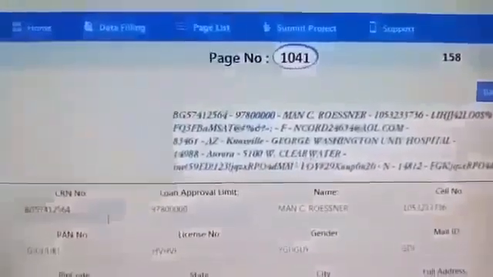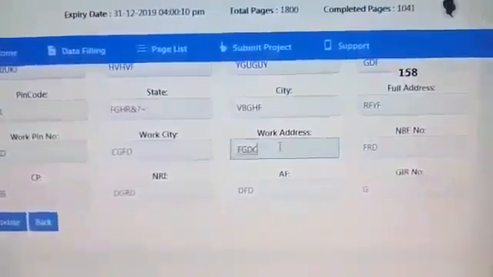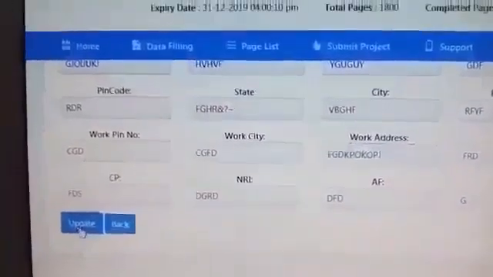Okay, you can see as it is, all the details written are what is given above. Okay, if you need to do any editing, then you can do it like that. After that you need to click on update. Then only your form editing will be successful. Here you can see page successfully updated.